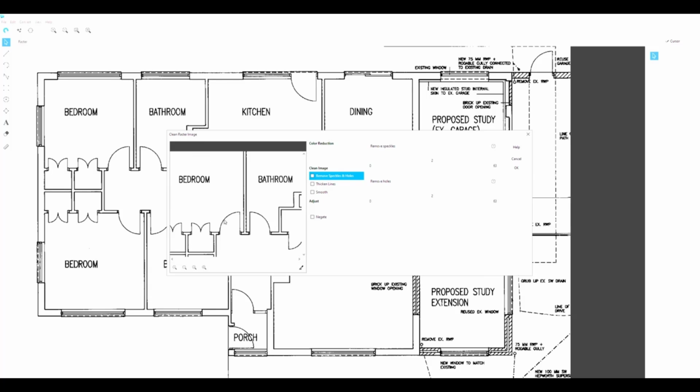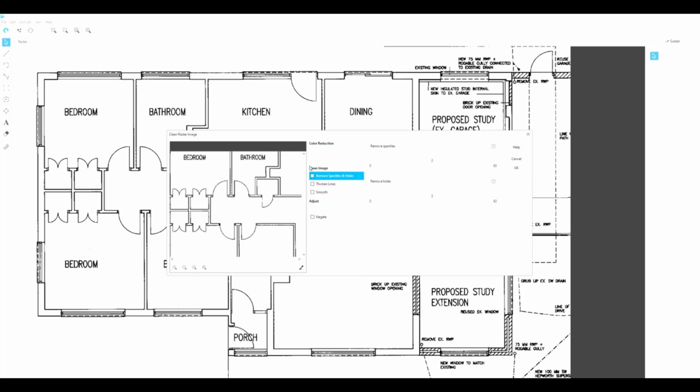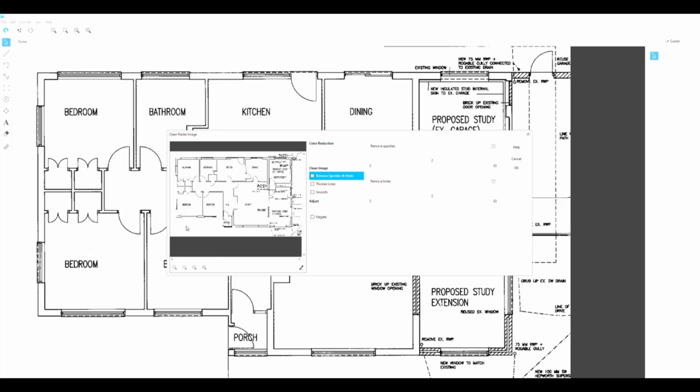First thing you want to do is make sure it's black and white. So if this option isn't grayed out, then you should tick that. The reason it's grayed out now is because this image is already black and white, so there's no need to tick this. If some scans also have some speckles and holes strewn about,